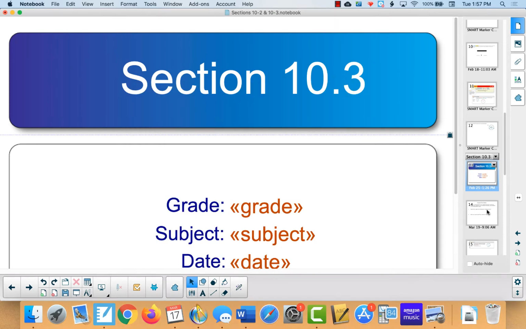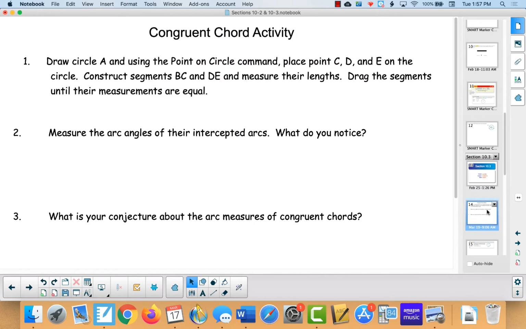This video is for section 10.3. So the first activity, you were supposed to find out how